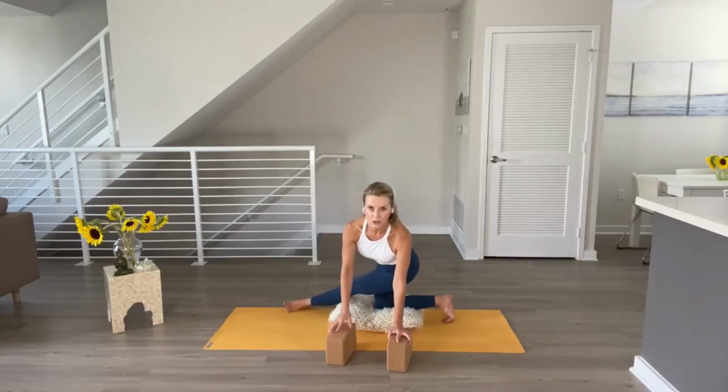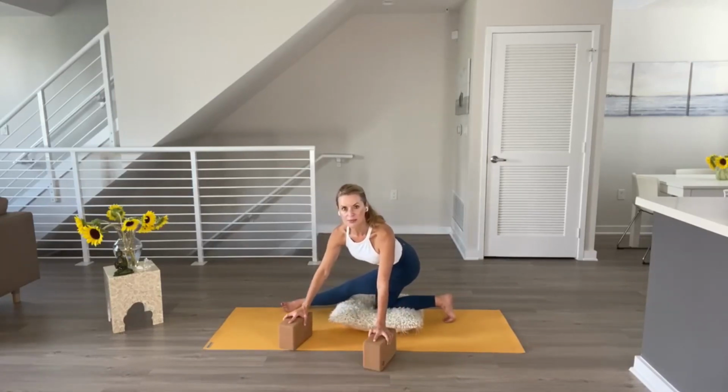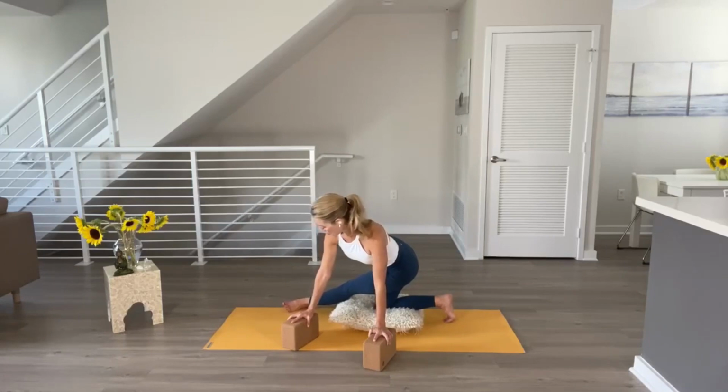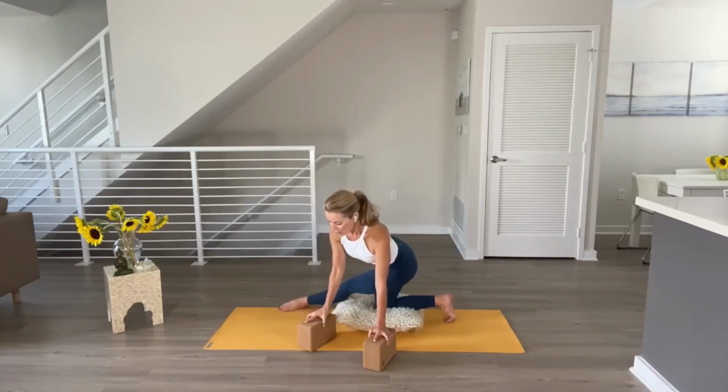Now, if you need to, you could always bend the right knee as your variation, or your right leg can be long. Possibly, you can even push your right big toe to the floor and feel this deep opening in the outside of your right hip. You can stay here with your hands either on the floor or on the blocks, but